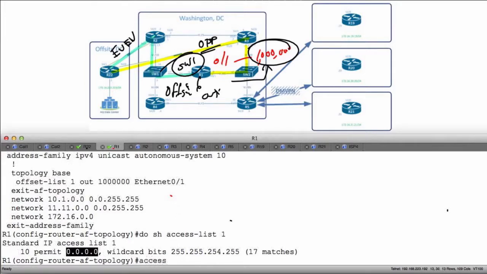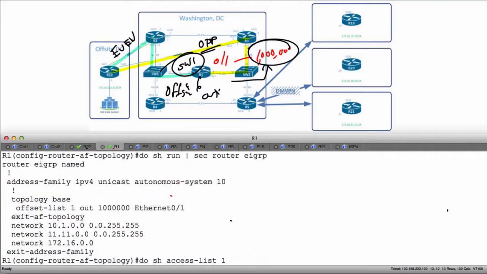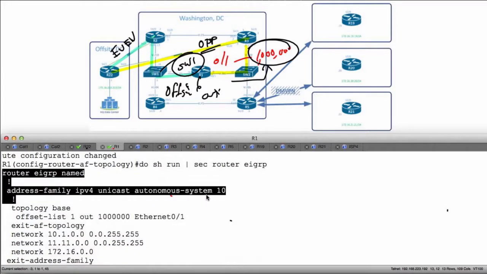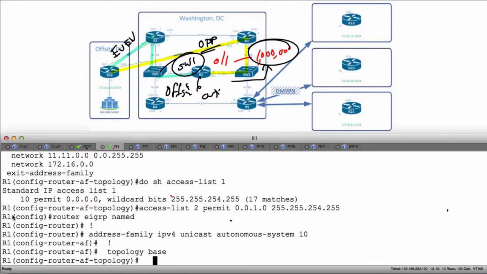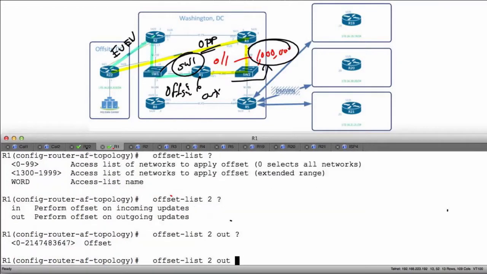Let's say access list 2 permit 0.0.0.10 255.255.254.255. And what are we going to do? We're going to go back under the base topology and we're going to do our configuration there. So I'm just going to grab EIGRP named and plug it in. Offset list, calling access list 2 out. I'm going to add 1,000,000 to it, and it's going to be out of